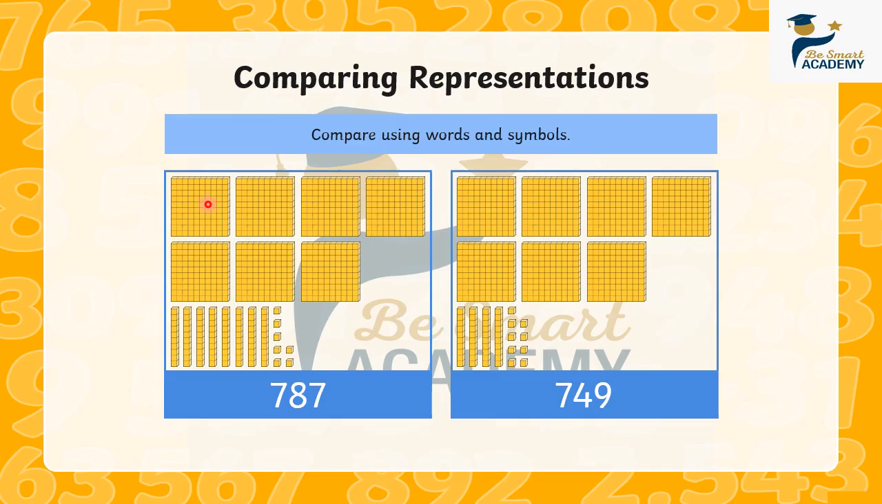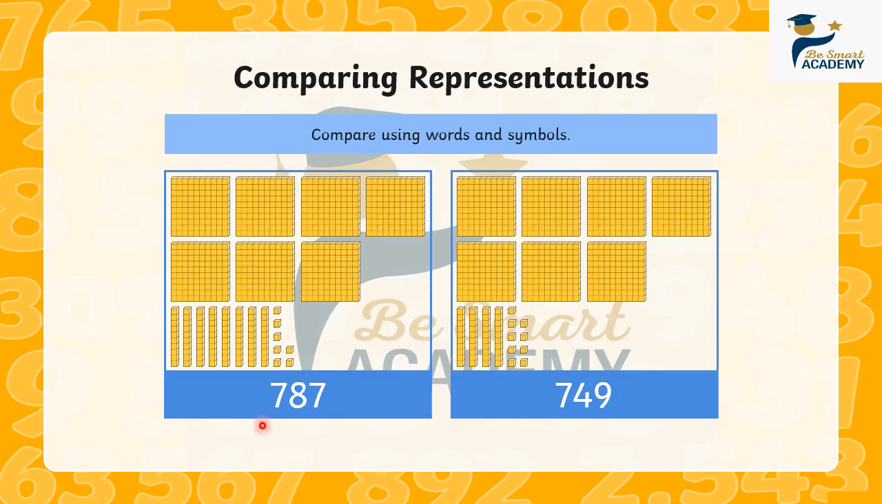Another example, let us see together how many 100 flats, how many 10 sticks, and how many 1s cubes. We have 7 hundreds, we have 1, 2, 3, 4, 5, 6, 7, 8 tens, and 7 cubes of ones, which makes the number 787. Next number, I have 1, 2, 3, 4, 5, 6, 7 hundreds, the same, and I have 4 tens